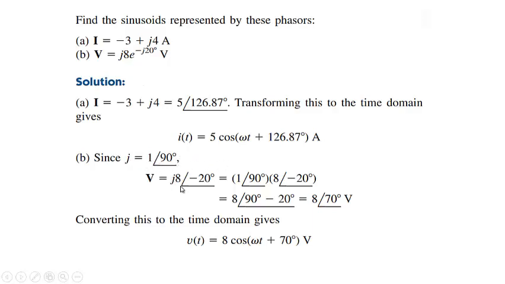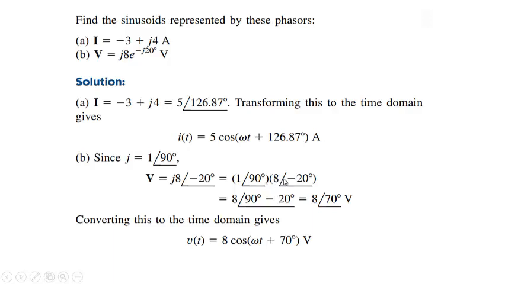So this term will be equal to j at minus 90 degrees, sorry, minus 20 degrees. So j has been again replaced by 1 angle 90 degrees, into 8 angle minus 20 degrees, and we know from the complex notation, when two complex numbers are multiplied, their magnitudes